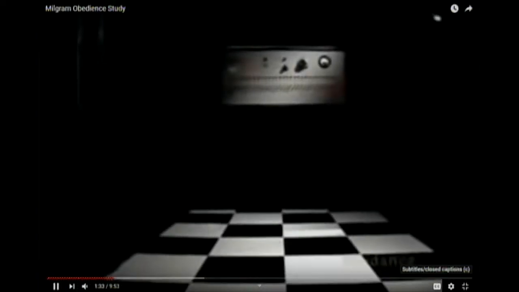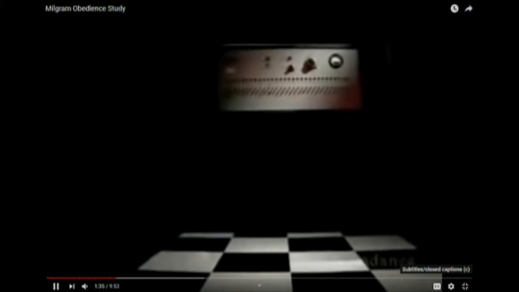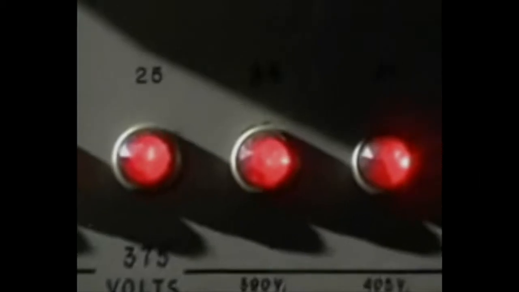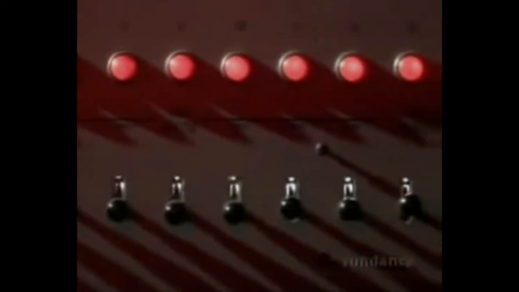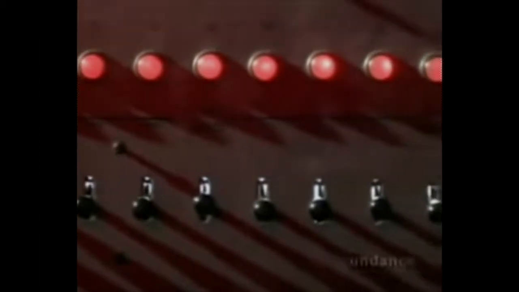In 1962, Stanley Milgram shocked the world with his study on obedience. To test his theories, he invented an event that would become a window into human cruelty. In ascending order, a row of buttons marked the amount of voltage one person would inflict upon another. Milgram's original motive for the experiment was to understand the unthinkable, how the German people could permit the extermination of the Jews.